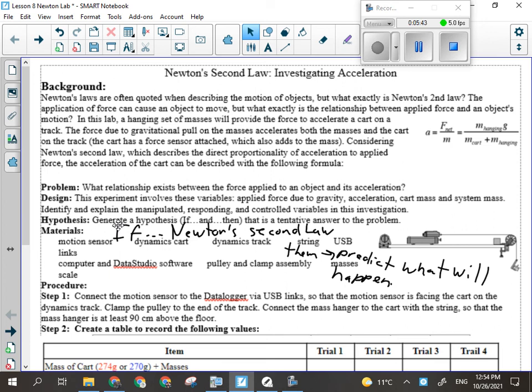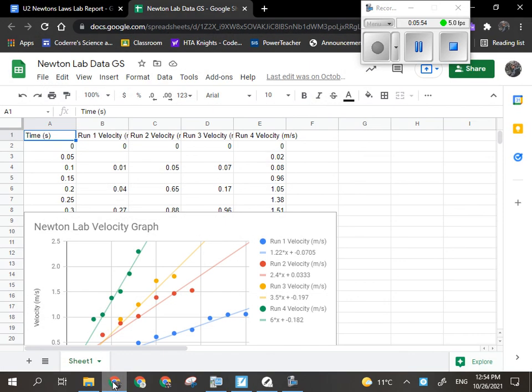Because the slope of the line on a velocity time graph is acceleration, all right? So I did this lab, and this is the data that I got. Trial 1 is the blue dots, trial 2 is the red dots, trial 3 is the yellow dots, trial 4 is the green dots. I got obviously an increasing rate of acceleration each time, and I can read that acceleration directly off my legend if I use equation in there just like we did for all the other labs,